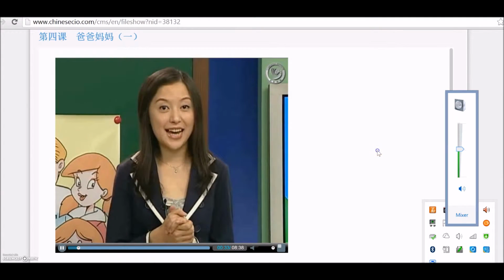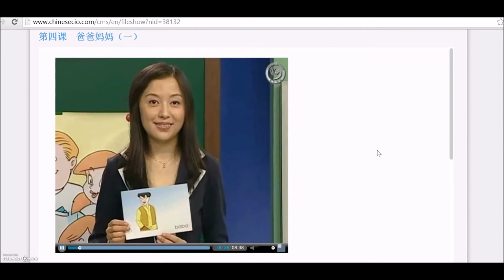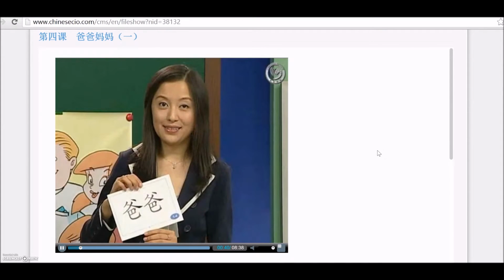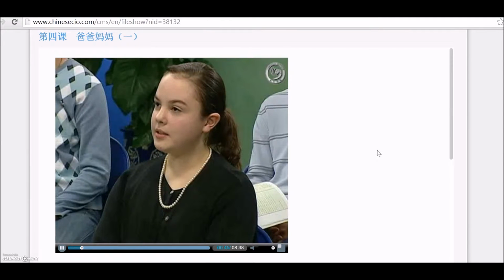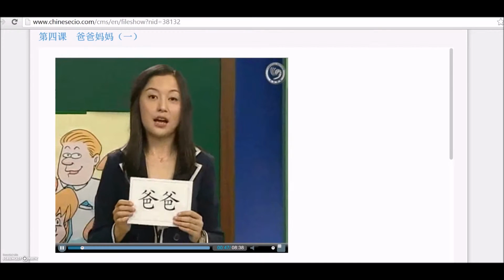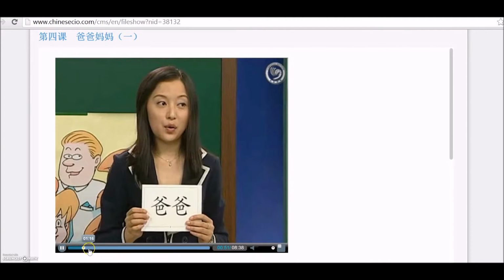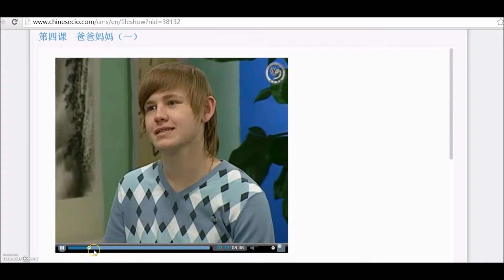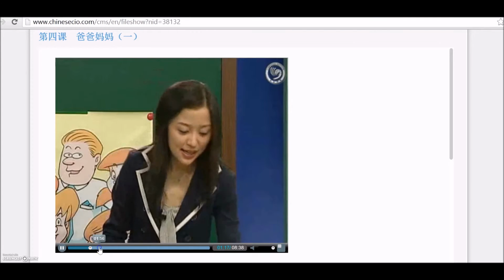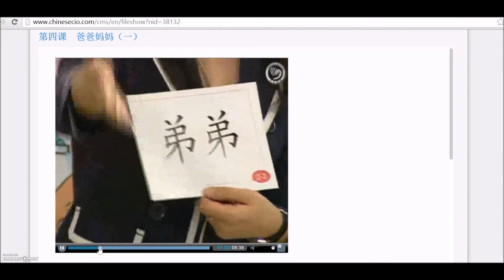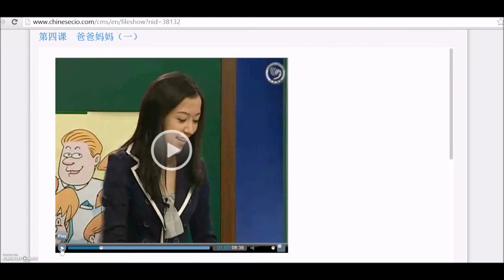Let's start from our dad and mom. 爸爸，爸爸。The pronunciation is very easy, right? 爸爸。很好。Pay attention here. So if you want to say 妈妈，再见。很好，妈妈再见。弟弟，弟弟，很好。